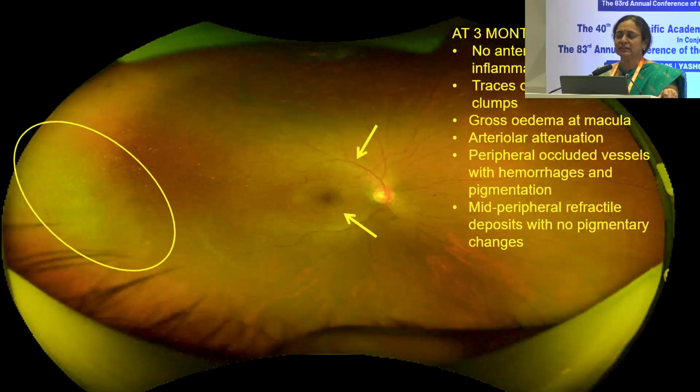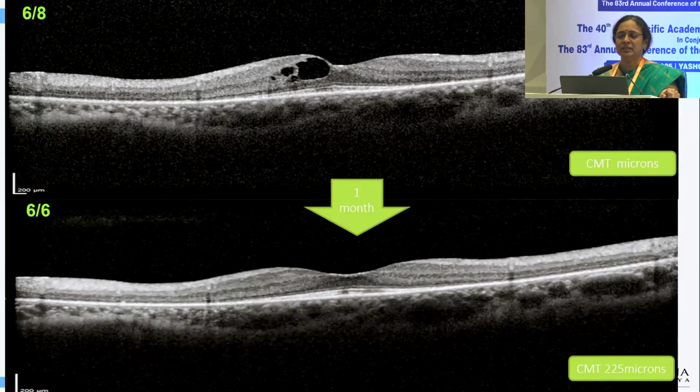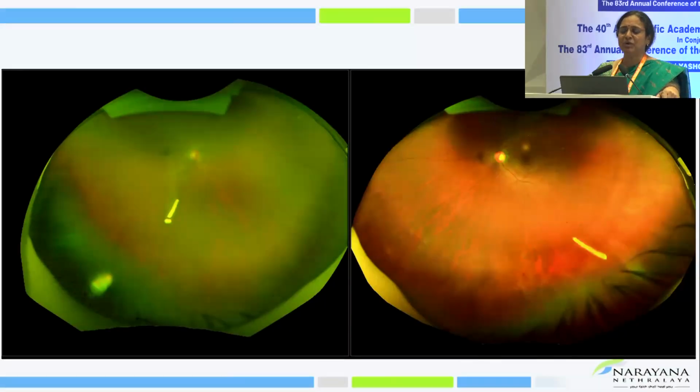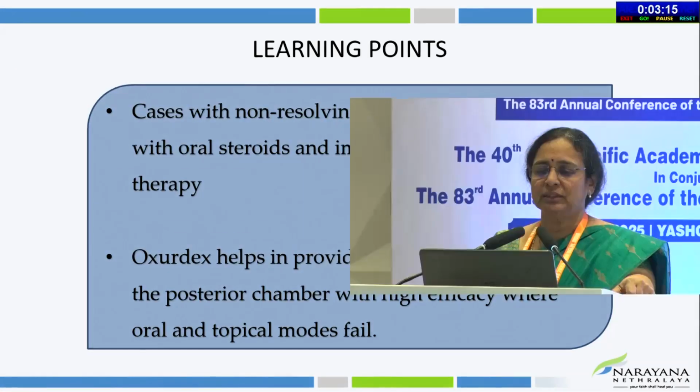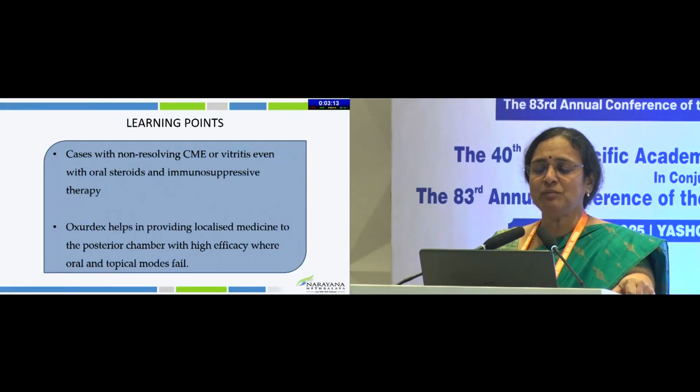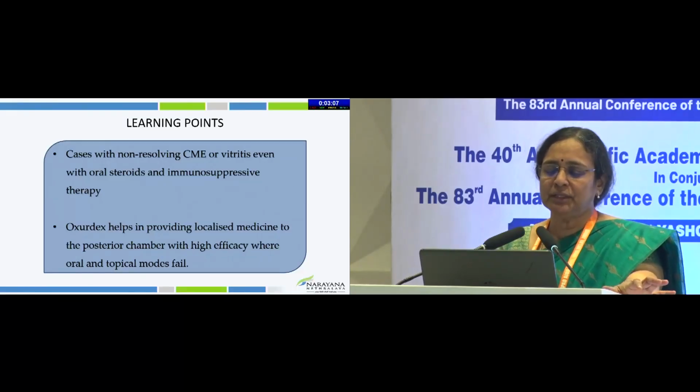At 3 months, deposits and pigmentary changes were seen. This is the other eye, where you could see the resolution of the macular edema following Ozurdex. We could see the presence of Ozurdex in both eyes, which helped to control the inflammation and the disappearance of macular edema in this patient. In cases with non-resolving CMV or vitritis, even with oral steroids or immunosuppressives, Ozurdex can help to